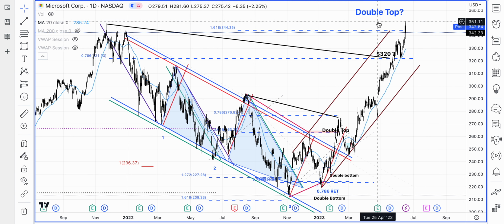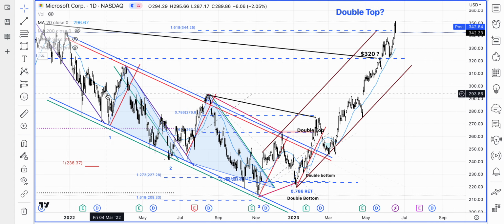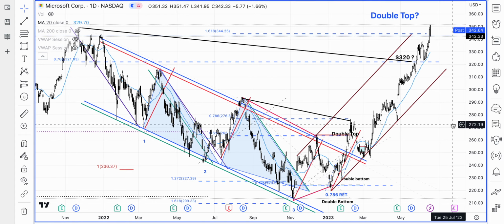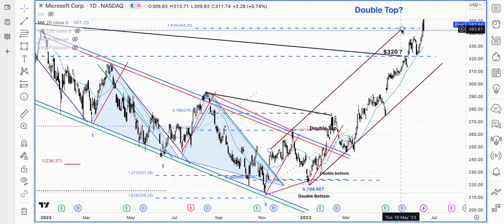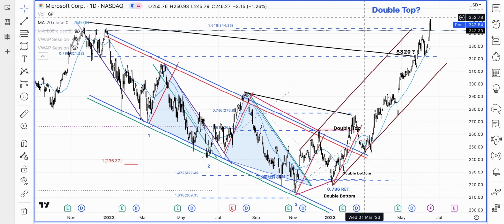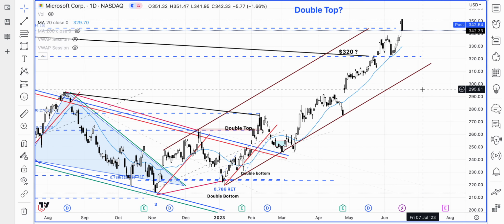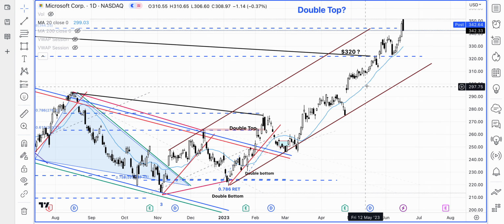And what it has in fact done is it has also, just like the Apple stock, taken out its all-time highs of 22nd of November 2021, and there's a possibility maybe it could also be a double top here, just because of the price action. So that's why I've written double top here. And for now, we'll just be watching the price action and see whether there's going to be a pullback or not. But from a momentum perspective, the momentum is very strong for this one, because the price is above